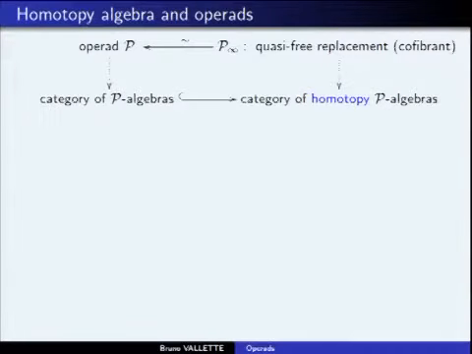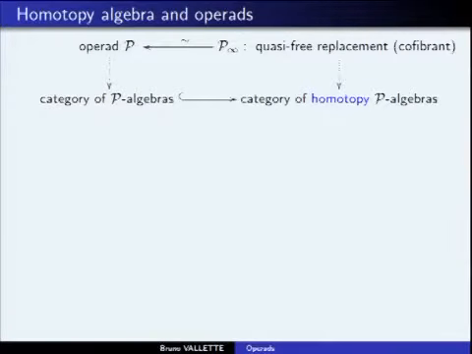So the idea for that is this picture, and I will not explain the details: you have a category of algebras. We're using an operad to model them, but very often this category of algebras does not have nice homotopy properties. We saw that in the two previous examples. So the idea